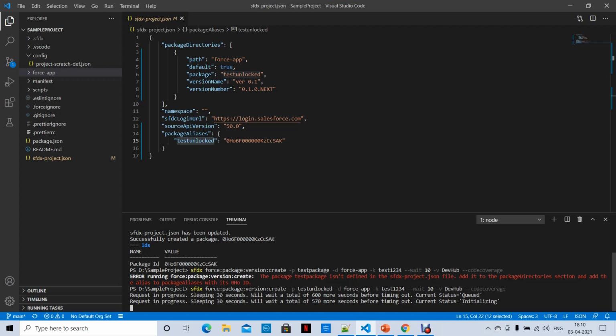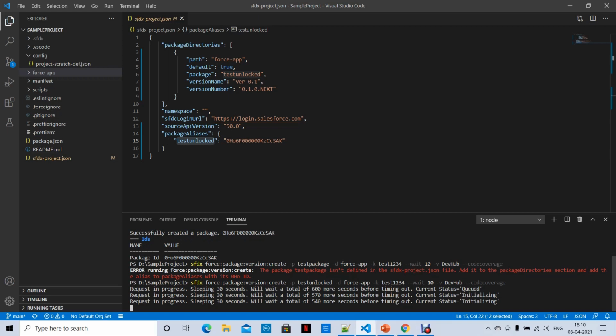It is queued. It is showing the current status queued and then initializing. Still it is initializing, it's in progress, you can say. Once this package version is created, it gives you an installation URL.